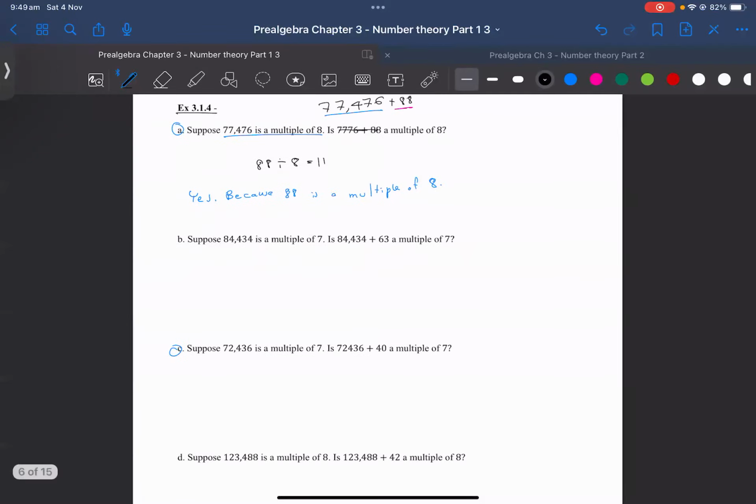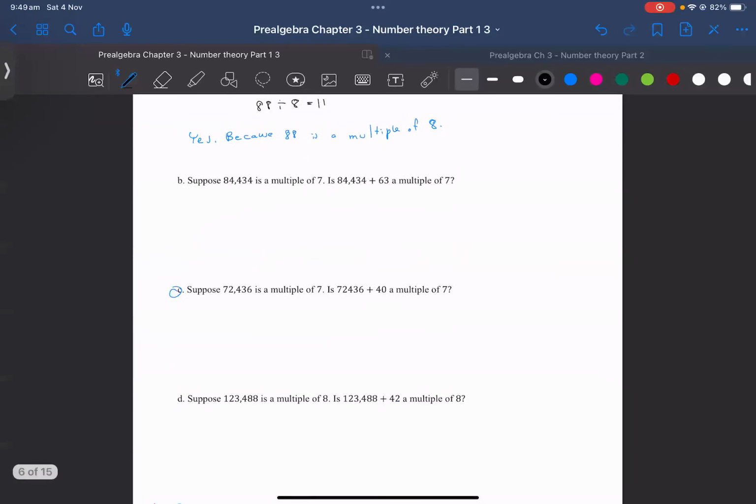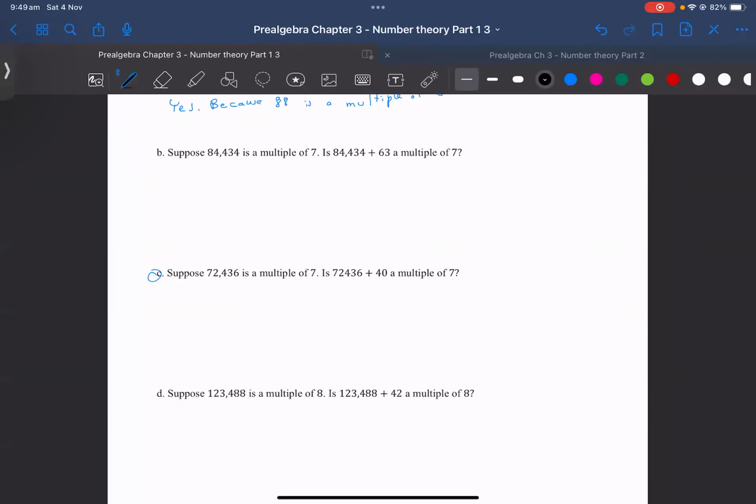Okay, now we'll go to C. We can check 72,436. It's given to us as a multiple of 7, so we don't need to check that. We just need to check if you add these two together, if it's a multiple of 7. So we just need to check this number. 40 divided by 7. Is that a whole number? No, right? Very good. 7 times 5 is 35, 7 times 6 is 42. It's in between the two. That means it's 5 with some remainder. Therefore, the answer is no, because